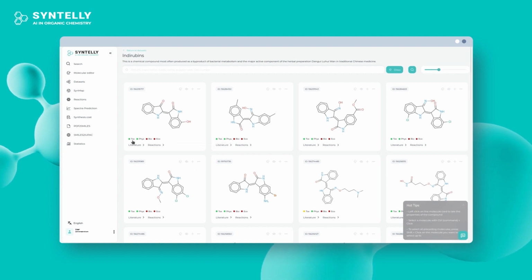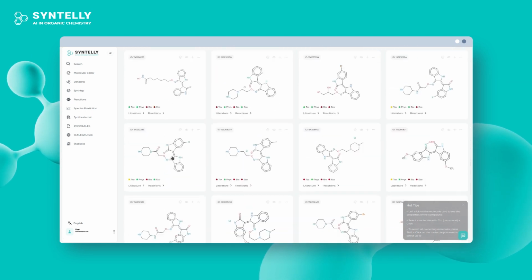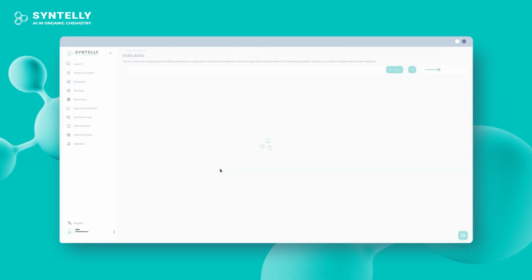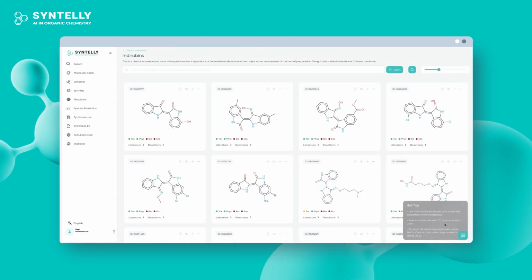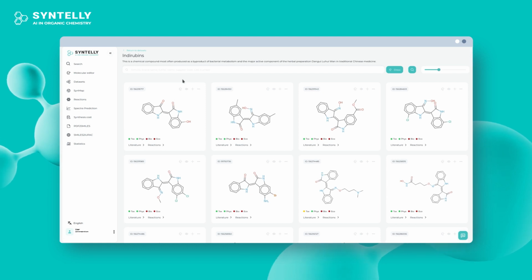Different colors on the chart show the safety parameters of the molecule in terms of toxicity, physicochemical, biological, and environmental properties. If the Syntelli predictions for a compound are already calculated, they will have different colors; if not, they are gray. Cheat sheet help for handling molecules in the dataset is available in the Hot Tips tab. Any of the thematic datasets can be copied into a private user space to gain access to the full dataset functionality.